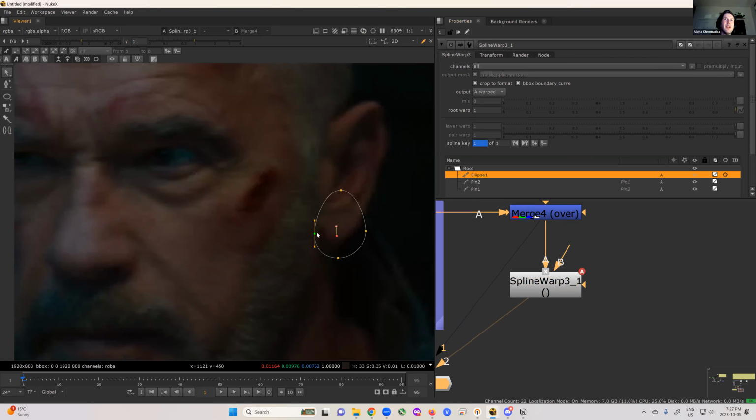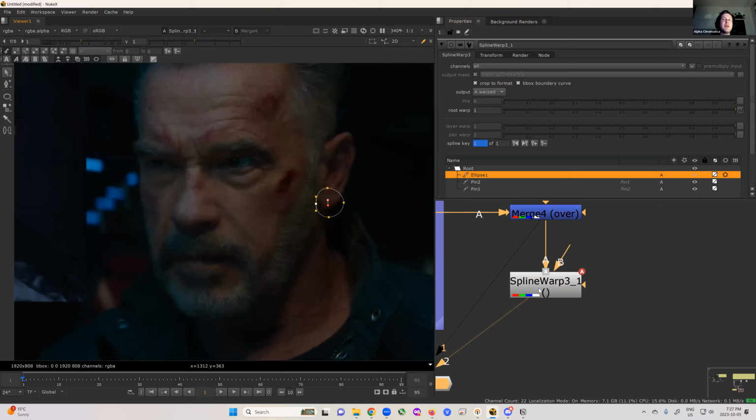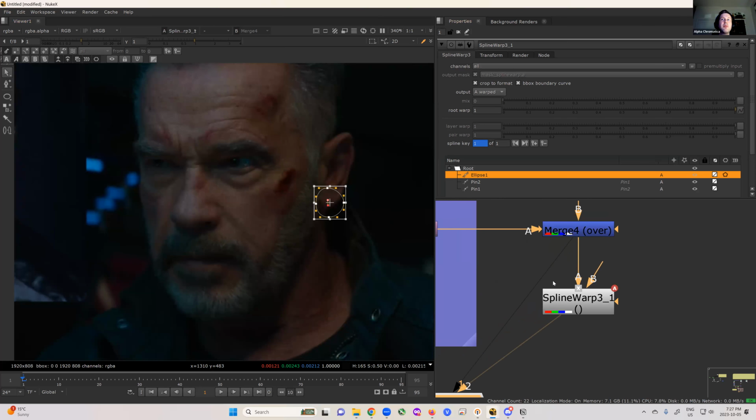But just be very careful, right? Because you don't want like stuff in the background getting stretched in weird ways and stuff. And this will change, right, based on how it moves. And so because this is just like a roto, generally what you'll be doing is if you have a track, you would apply the track to the root layer here. So you've got a